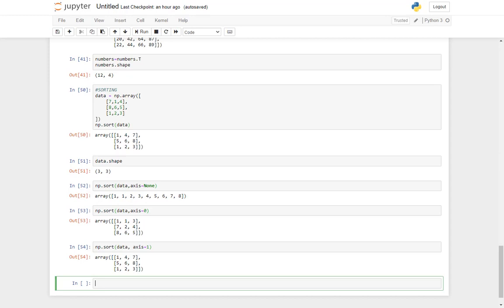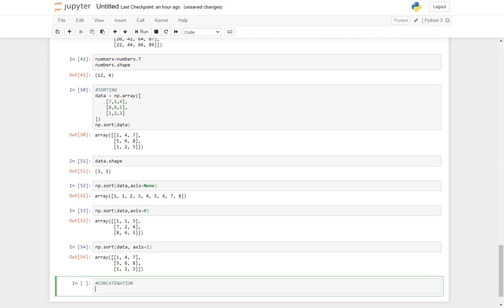Right? Moving on. The next topic that we'll look into is concatenation. Here also let us look into smaller arrays first, without any variation. Normal arrays.